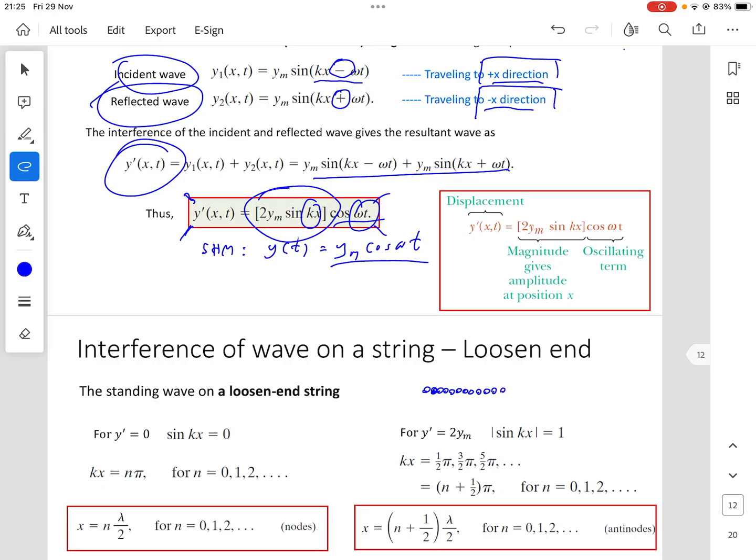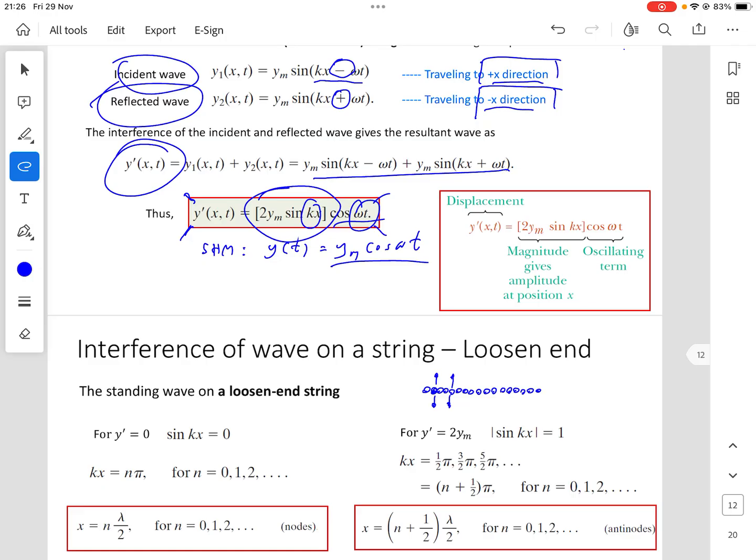You have a string and particles at different x positions, all moving up and down in simple harmonic motion. Any position moves up and down, but different phase. What I mean to say... not different phase, sorry, I should not say that. Different